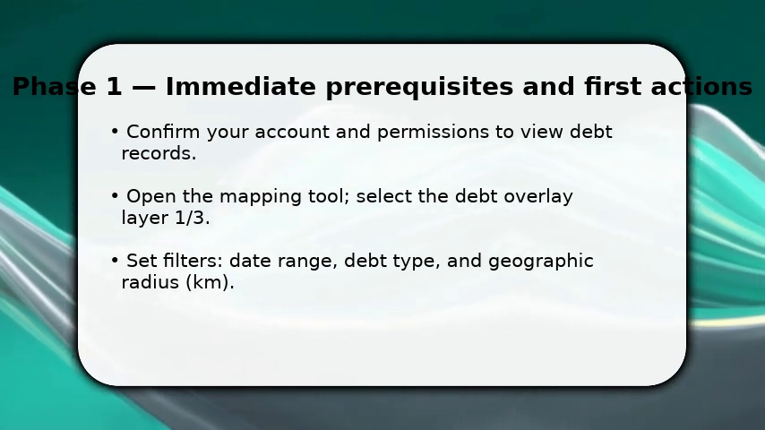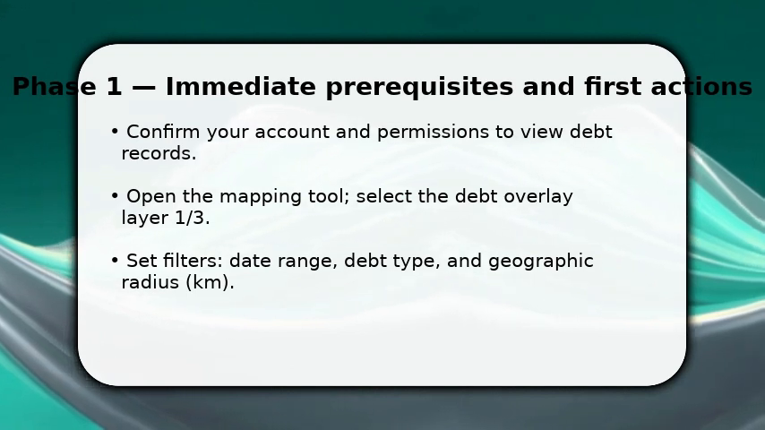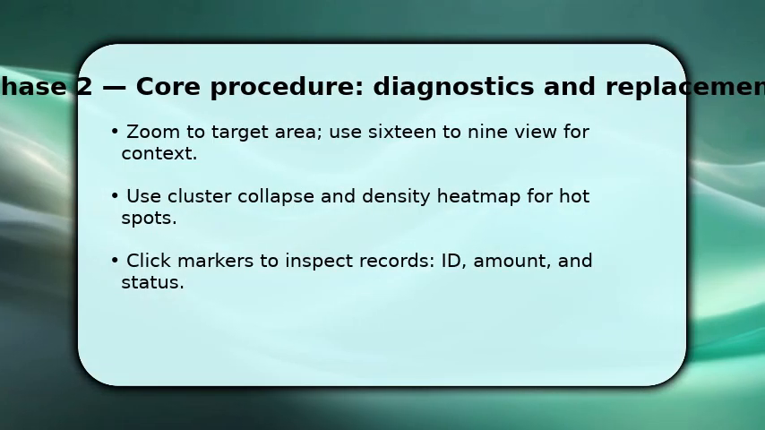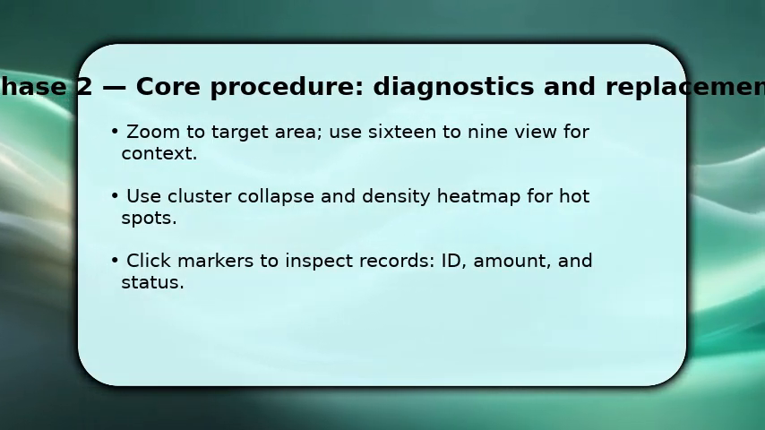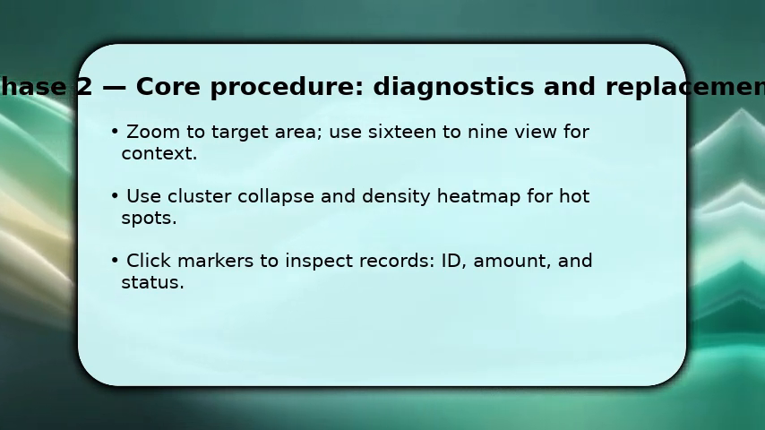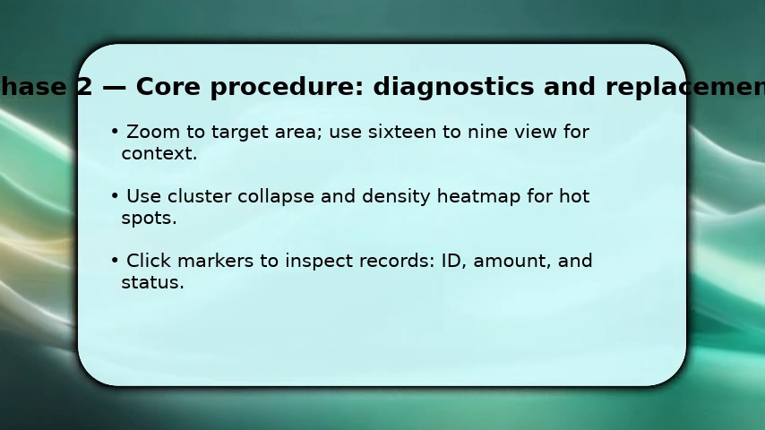Make sure to save a quick preset if you will repeat searches, because presets retain filter logic and reduce human error. With the overlay visible, zoom to the target area and switch to 16:9 view to preserve spatial context while seeing more surrounding data. Then refine by collapsing clusters and toggling the density heat map so you can spot hot